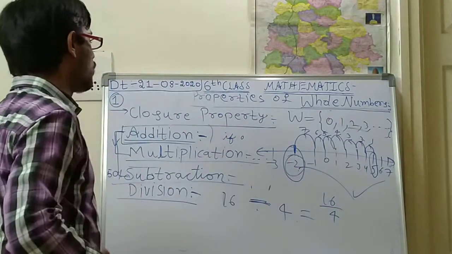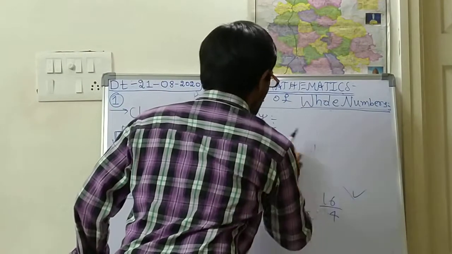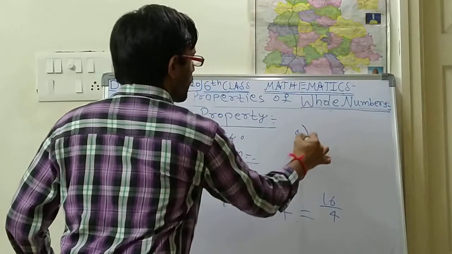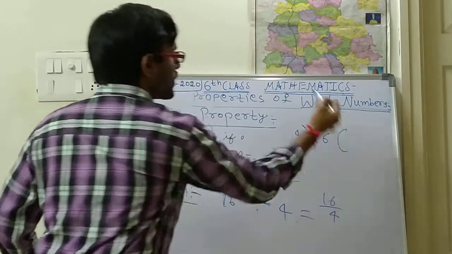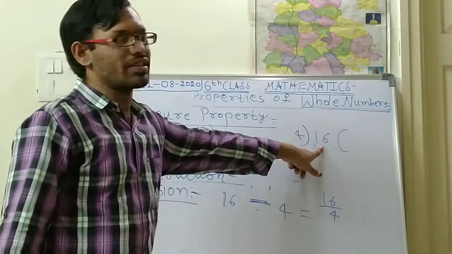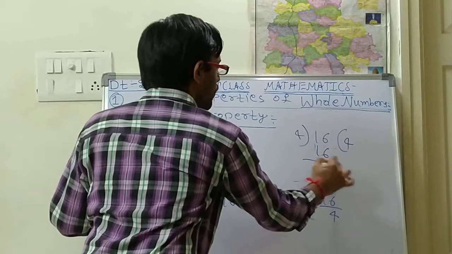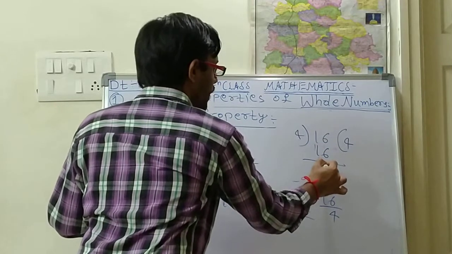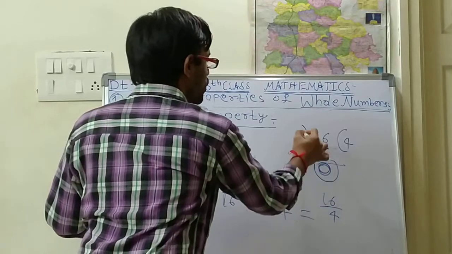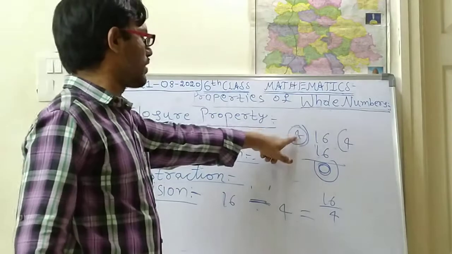So how can you do this? We shall see here. You should write 4 as the divisor and 16 as the dividend. So in the 4 table, 16 is going directly. Is it right, children? 4 fours are 16. So what is the remainder? The remainder is 0. If the remainder is 0, then this divisor is the result.